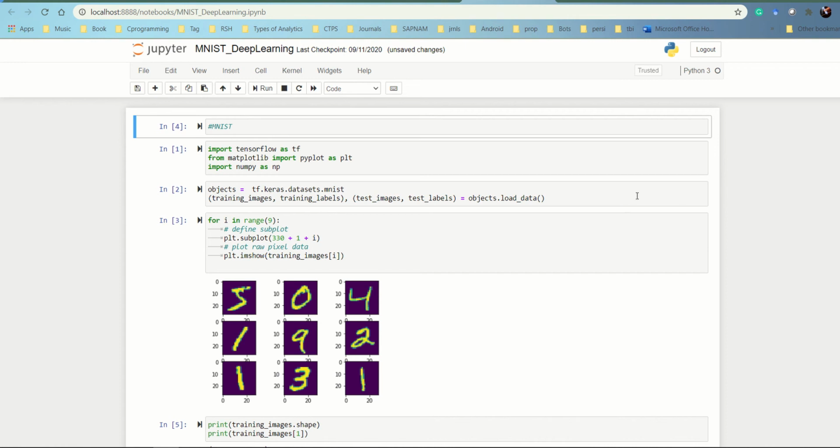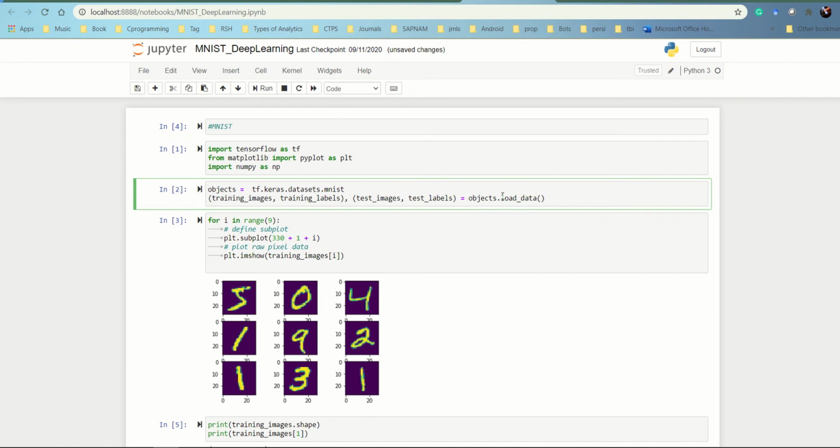We are going to go by that step by step, and it's very easy for anybody to understand. First step, as usual, you can see that here we are importing TensorFlow as TF. Matplotlib is needed. We are going to make a lot of plots and read out the image content, so we are importing pyplot. We are importing numpy as np, and that's the fundamental stuff that is done. The next step is the dataset that we are using. We are using the MNIST dataset, and that's taken right away from Keras. We are not complicating it. That's what is shown in front of you.